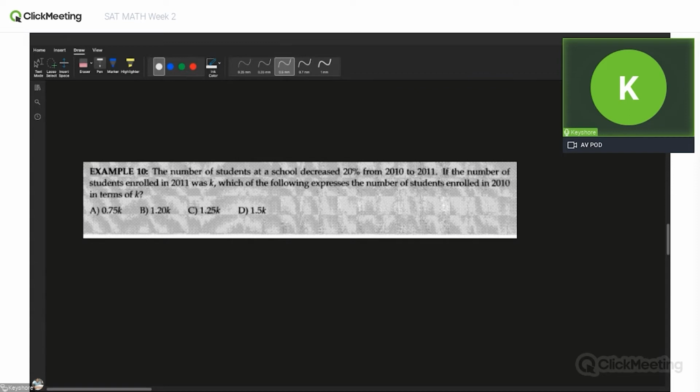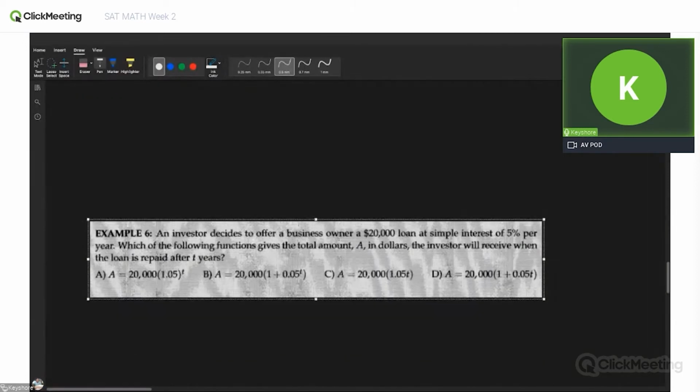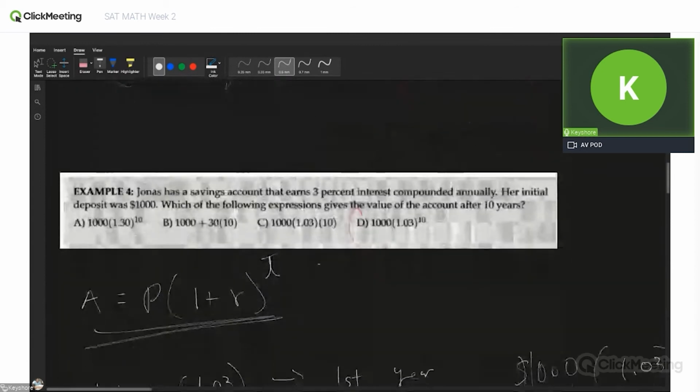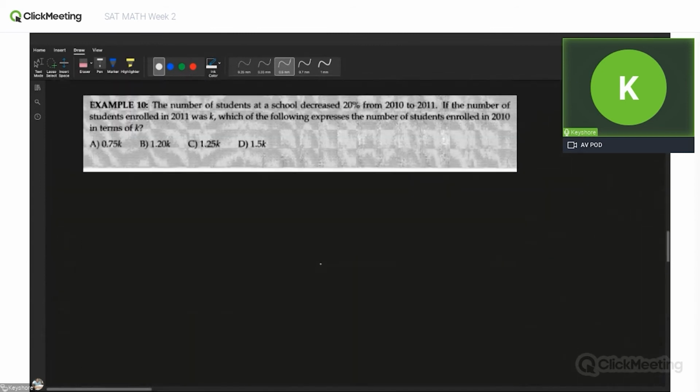And here's why it's not B. The percent change is based off of the original value, which is 2010, and not the new value. So in 2010, the value decreased by 20%. Oh, sorry about that. So what's happening here is that in math expressions,